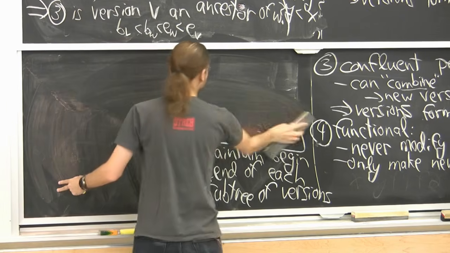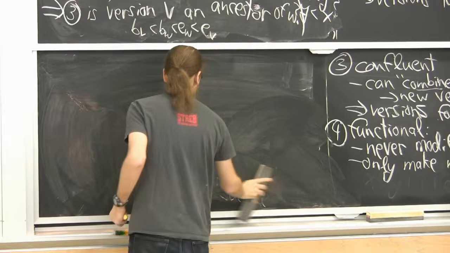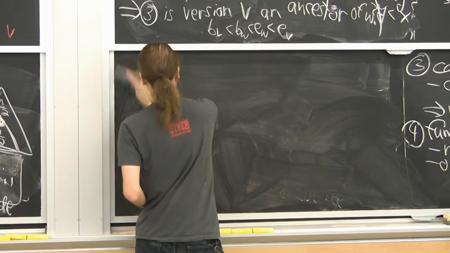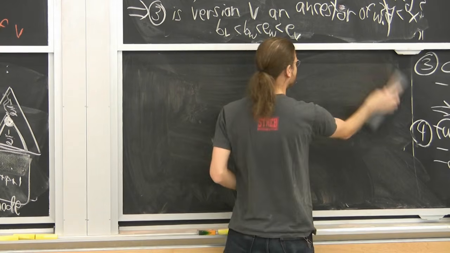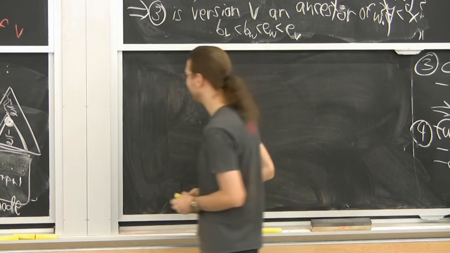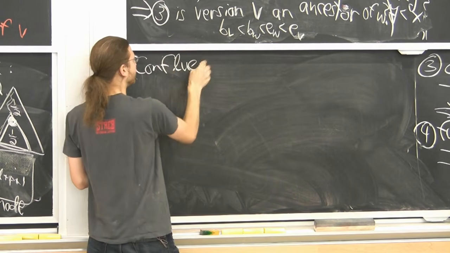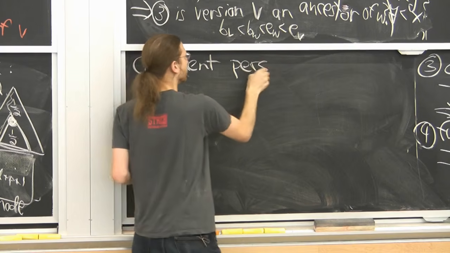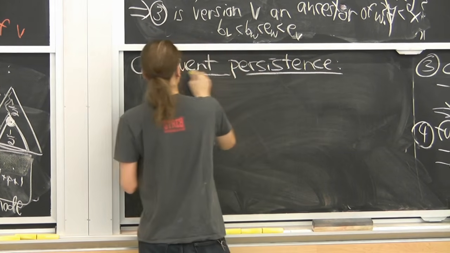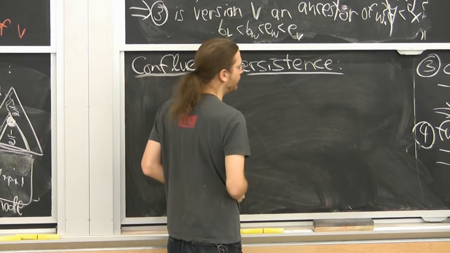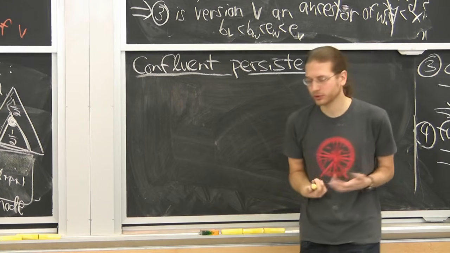Lots of things go out the window with confluent persistence. In particular, your versions are now a DAG. It's a lot harder to linearize a DAG. Trees are not that far from paths, but DAGs are quite far from paths, unfortunately. But that's not all that goes wrong. Let me first tell you the kind of end effect as a user.